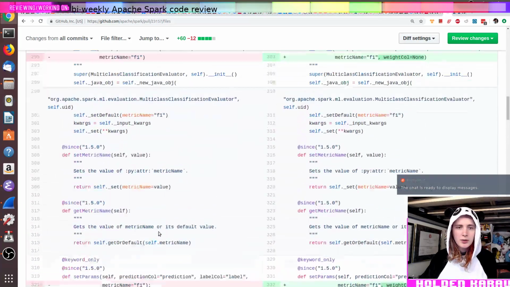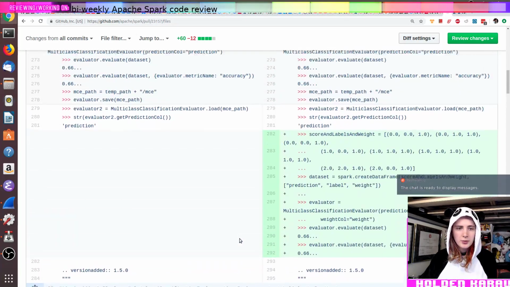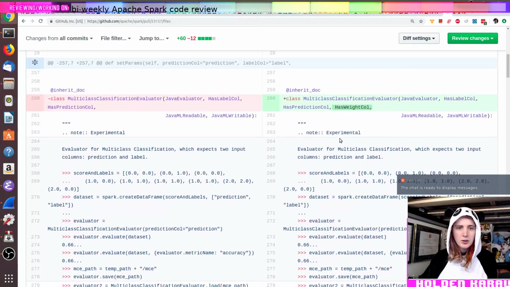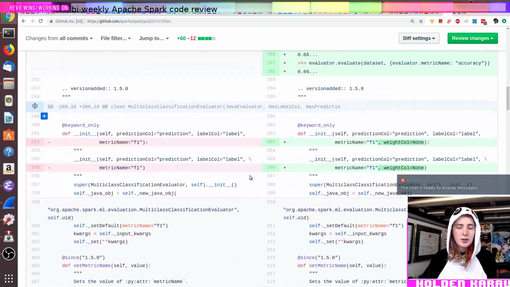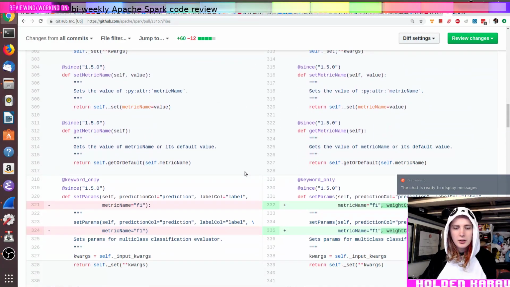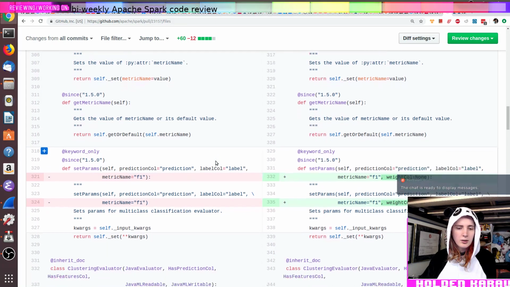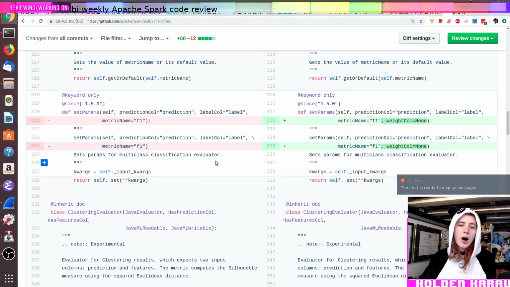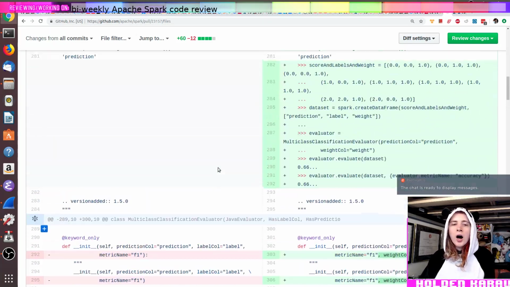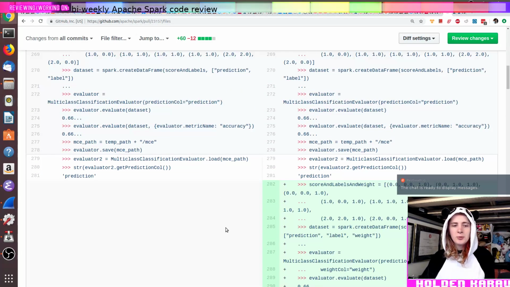So, yeah, and there's the weight column, which has weight calls, so the getters and setters are implemented by the trait underneath. So that's all fine, I think. This code looks pretty reasonable. The main thing that I'm worried about is the doctest might be a little long, but that's fine.